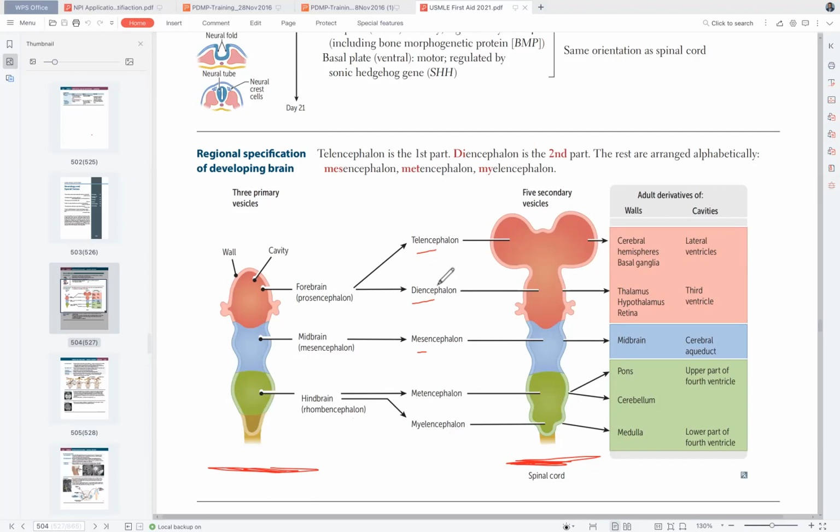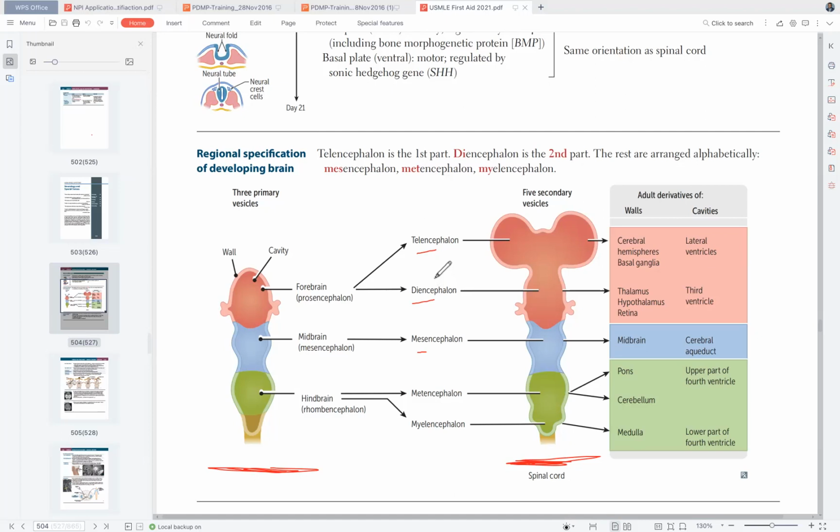Okay, so if I tell you very high yield, we are not supposed to disclose anything from the exam, right? Yeah. But if I stress on it, you have to know that it is very high